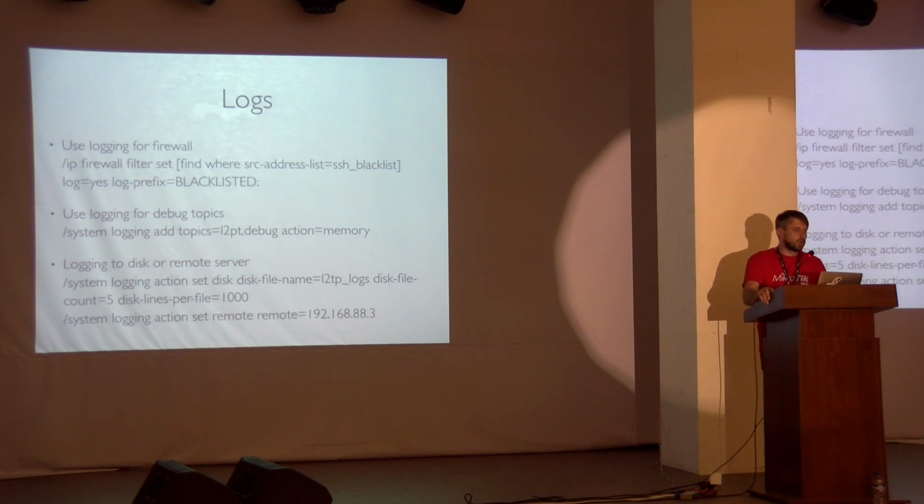System logging is responsible for logs that are being enabled on your router, and when you want to get some more deep information about what is going on in your router, you enable a topic with a debug. Debug usually includes much more information. You can put DHCP debug or L2TP debug and get much more detailed information about what is going on in your router.